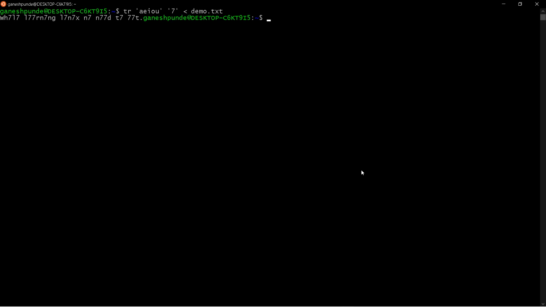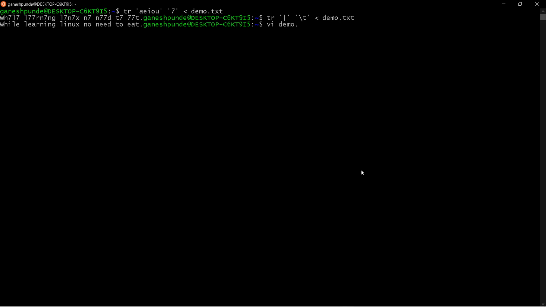Now let's see, I want to replace a pipe, if there is a pipe, by a tab, right? So you can see, the pipe is not there. That's the reason it is showing the data as is.